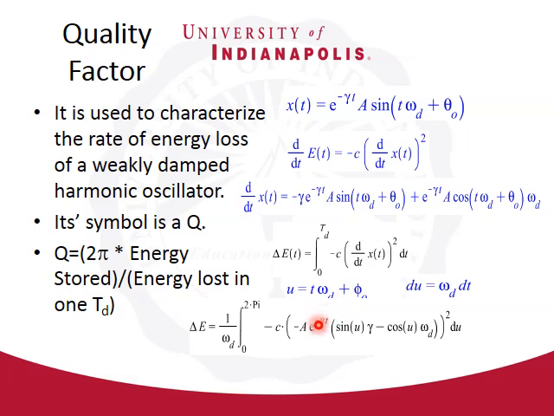Since gamma is small, it's a weakly damped oscillator, then this term right here, this e to the minus gamma t, is not going to change that much over one period, okay? And now if we do that, that's kind of a constant, and then this integral becomes much easier to do, and so what we're going to do